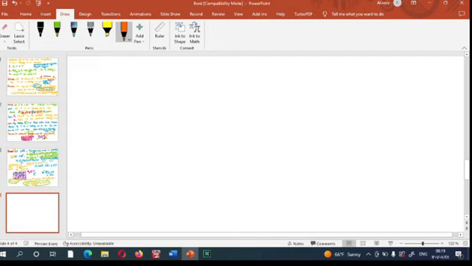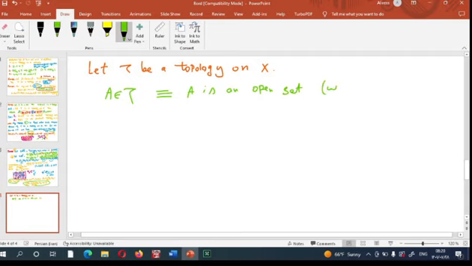Let tau be a topology on X. We have A is a member of tau if and only if A is an open set with respect to tau. Okay,